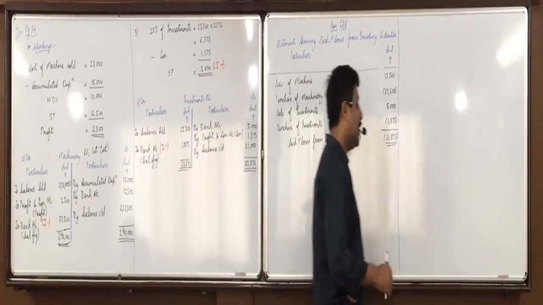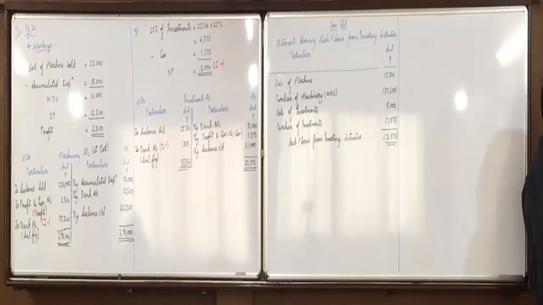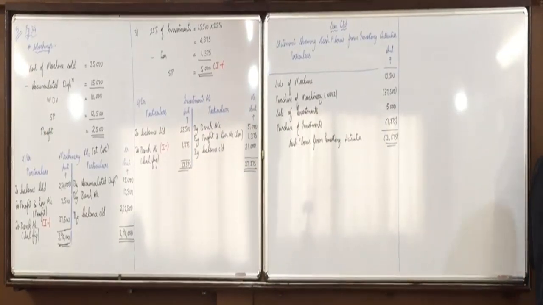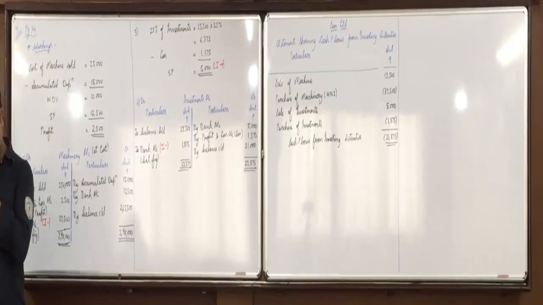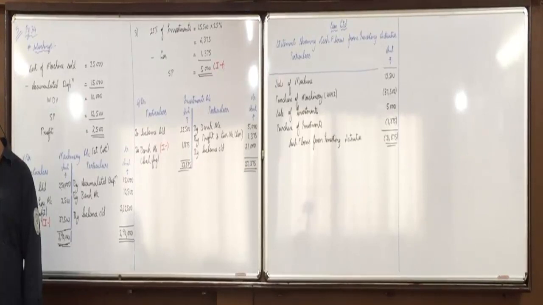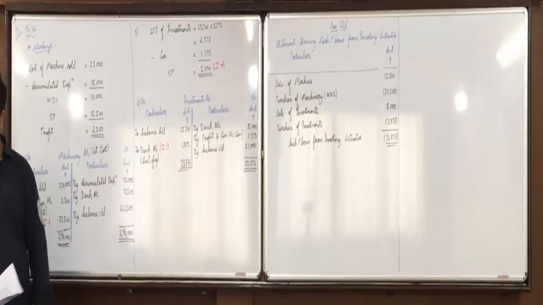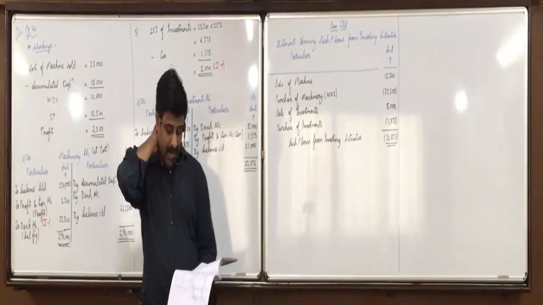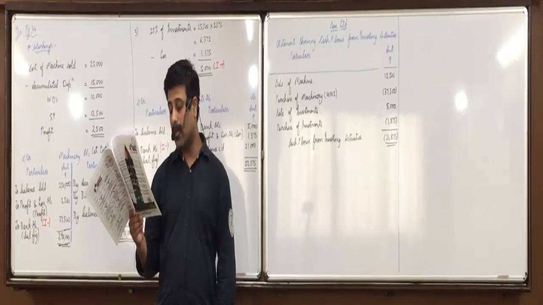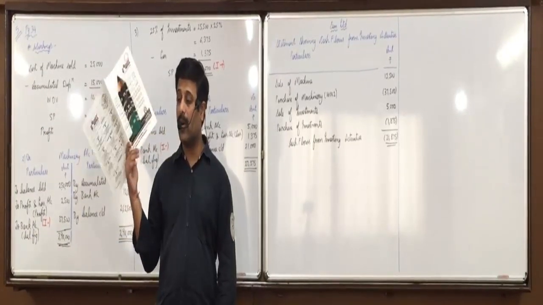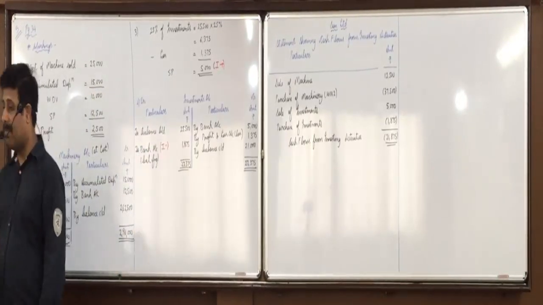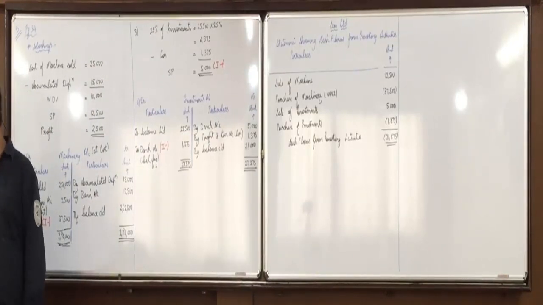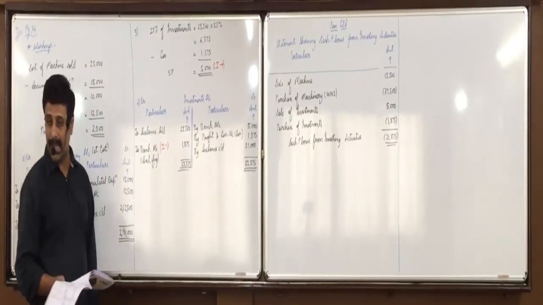Any doubts in it? So I discussed question number 4 and you'll try it on your own. Here and there. From the following information, calculate cash flows from investing activities. Look at the adjustment first. During the year, a machine costing 20,000 with accumulated depreciation of, cancel 12,000, make it 13,415, was sold for rupees 10,000. And then sold for 10,000, I plus. Sale of machinery is an inflow of investing activity.